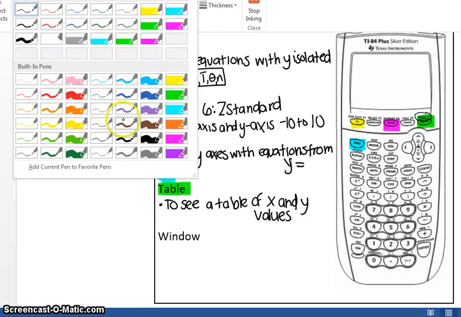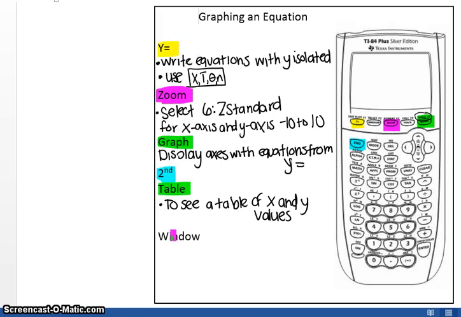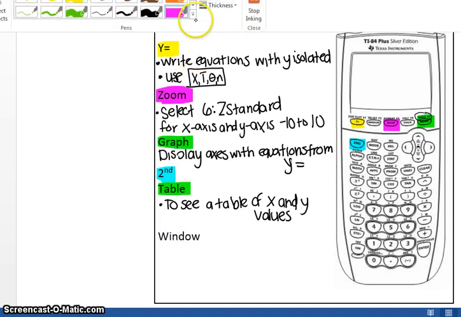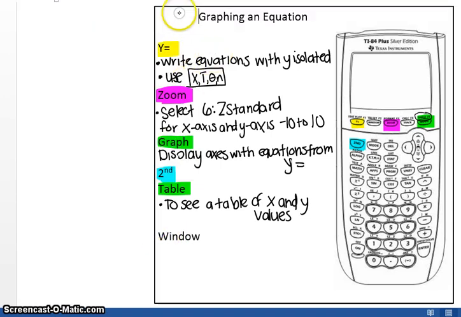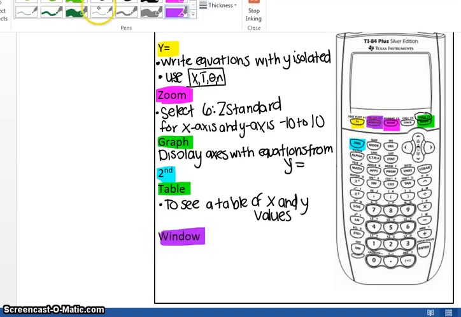Are we out of colors? Oh, there's a color we haven't used. Oh, no. There's a color we haven't used. Is the window button. Go back to our